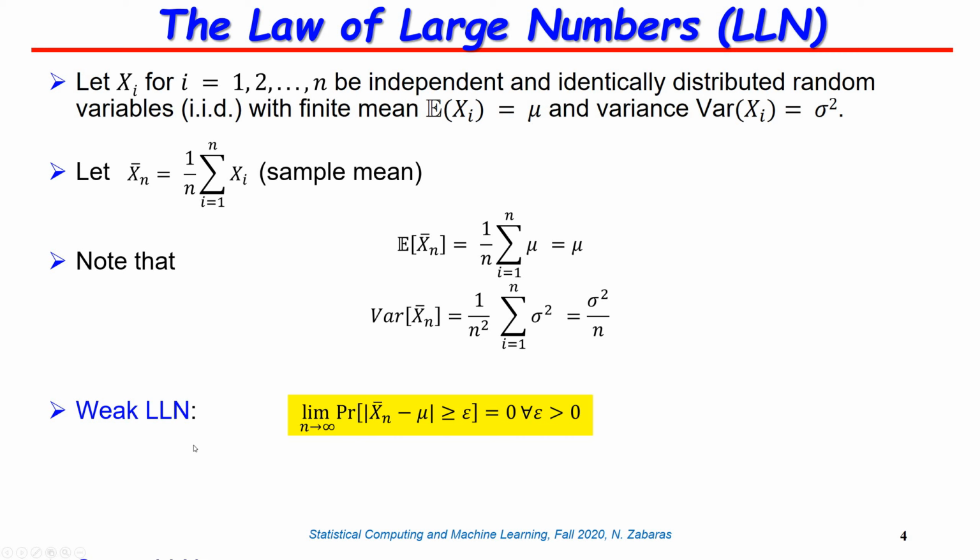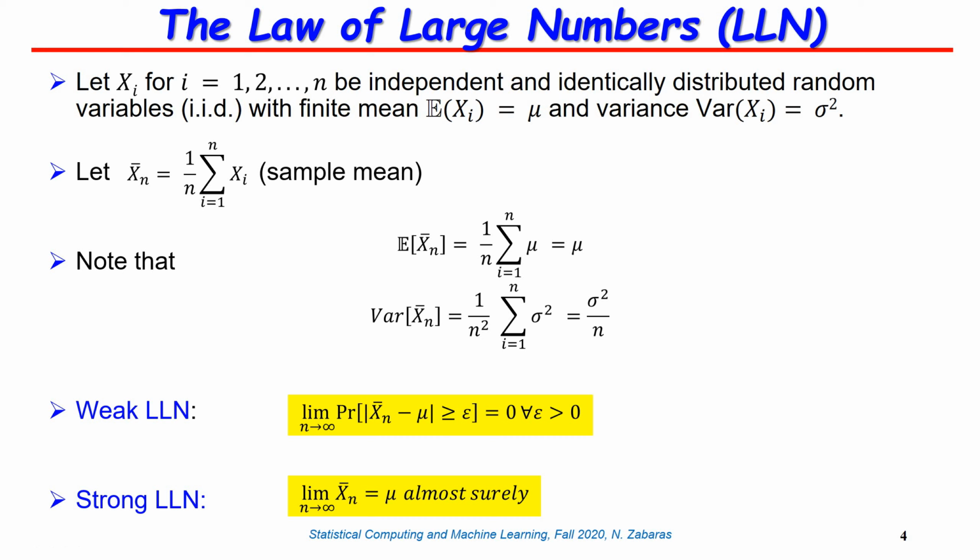And let me put the statement for the strong law of large numbers. The strong law of large numbers is not only written in the context of a probability, but it says that asymptotically, as n goes to infinity, the sample mean almost surely is equal to the true mean of the distribution. So in practical terms, this means that with probability 1, the sample mean, x1 plus x2 plus up to xn divided by n, converges to the true mean of the distribution. So this is extremely important.